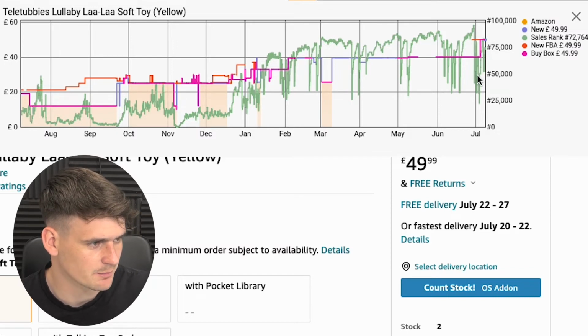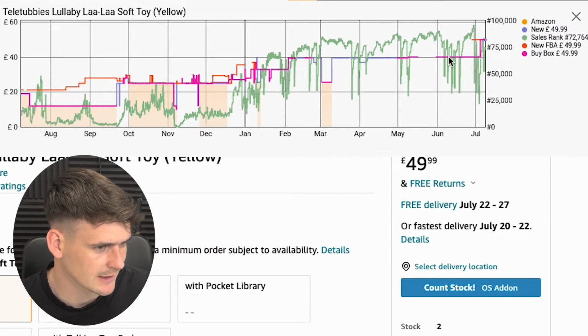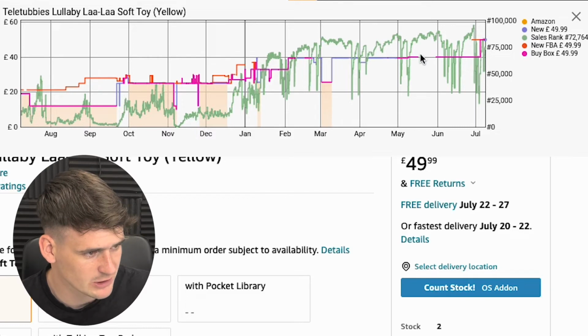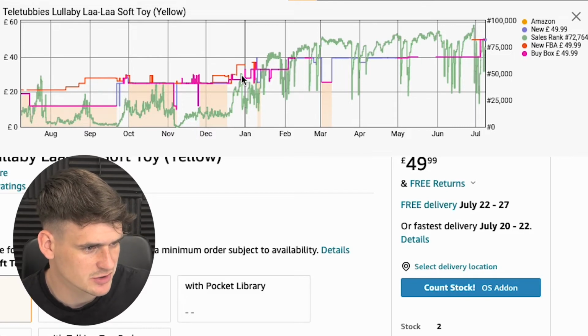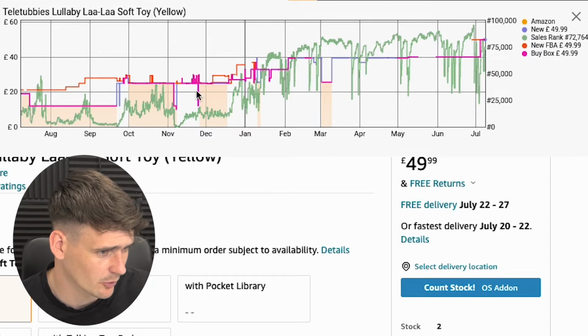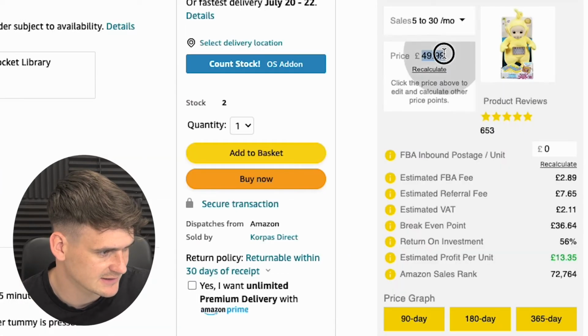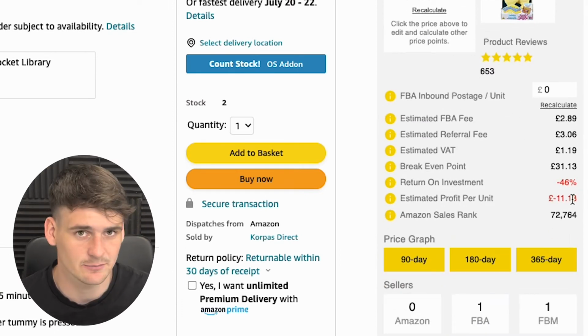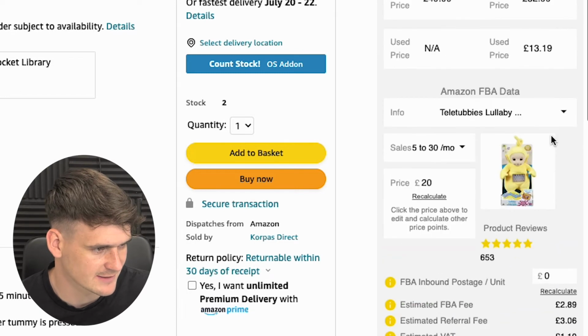And then moving on to the pink buy box line. Right now the price is £49.99 all the way up here. It was just recently £40. But if we track back all the way to last year, we can see that it's been selling for a lot less, maybe even £15. And its average price, we'd say, is probably about £20 if we take in this low, taking this price here. Let's have a look. If we were selling this for £20, we'd be losing £11.13 on every one we sell, which is obviously